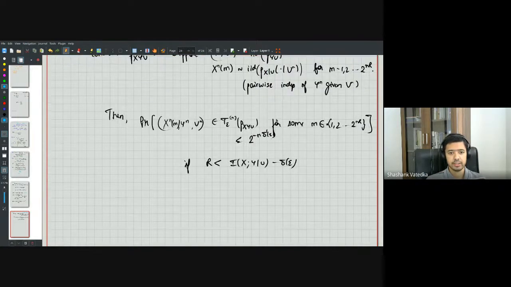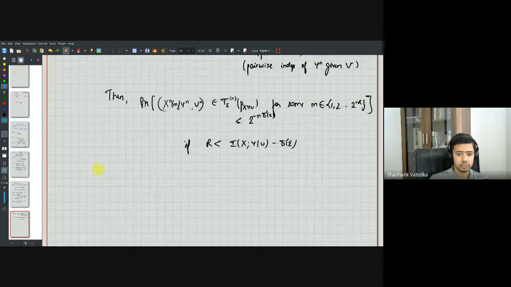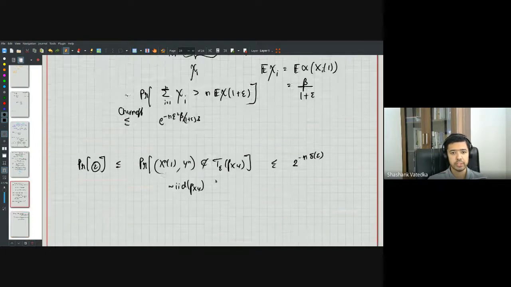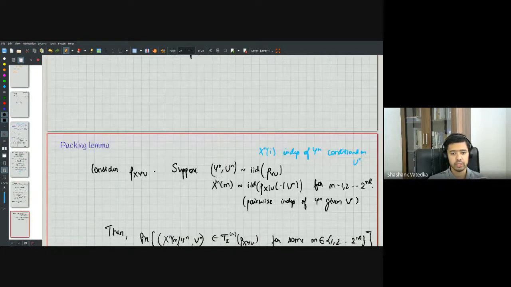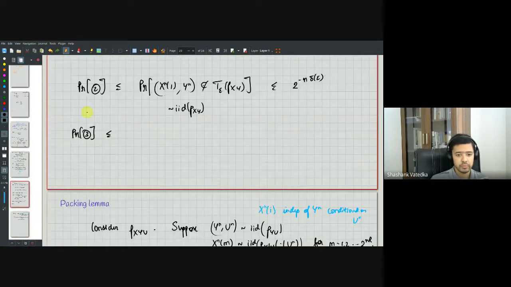This lemma is again easy to show. Anyway, I'll prove this later, but let's complete the proof of the channel coding theorem, assuming that this packing lemma is true. Okay, so the probability of the third event is less than or equal to